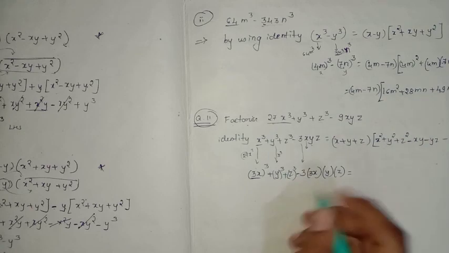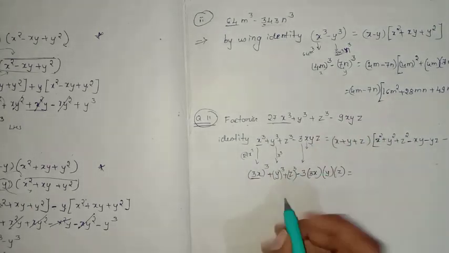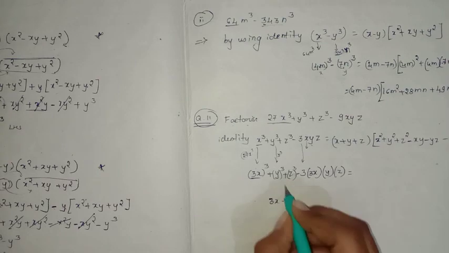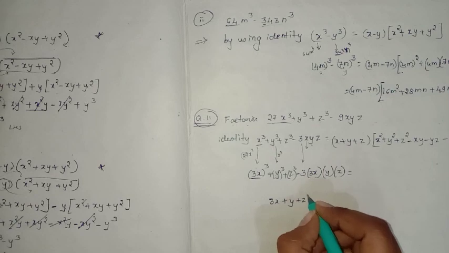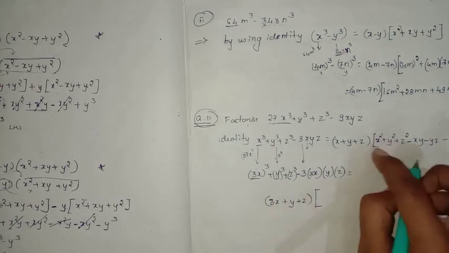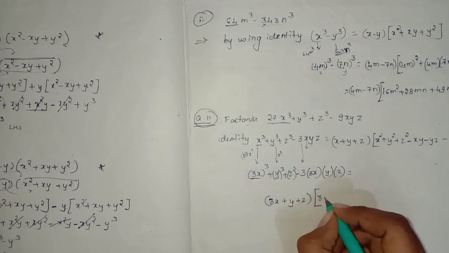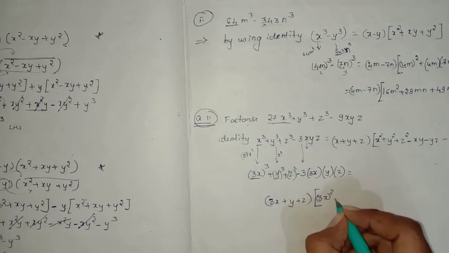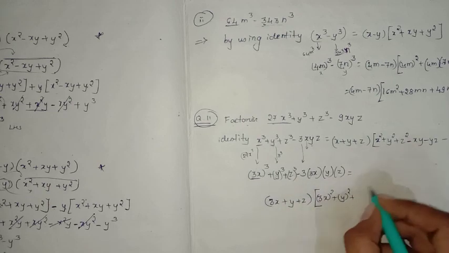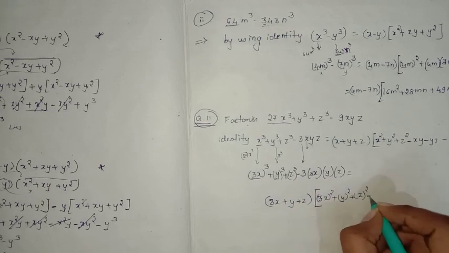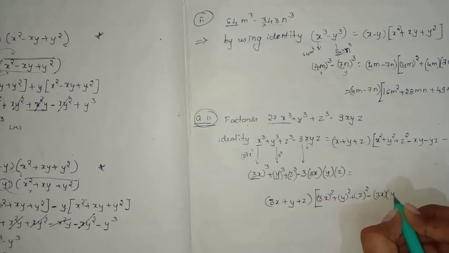So I'll write below that one because it is the little space. So what is the x value here? It is 3x. Plus what is the y value? Y. Plus what is the z value? That is z. So bracket complete. Another bracket. What is the x value? X square. So this is 3x whole raised to square. Plus what is the y value? It is y square only. Plus what is the z value? That is z square only. Minus of, now x and y. So 3x and another one is y.